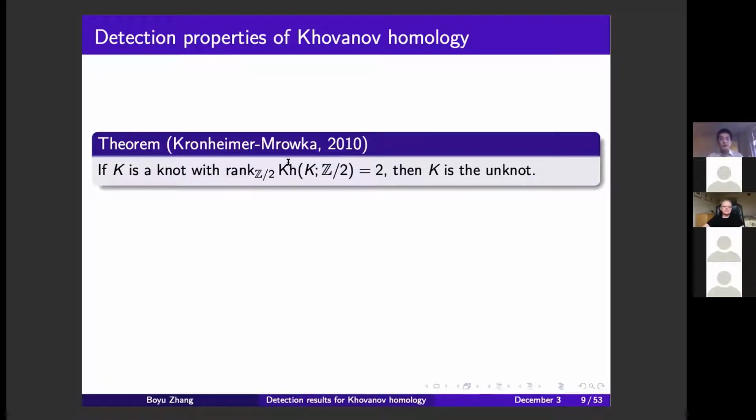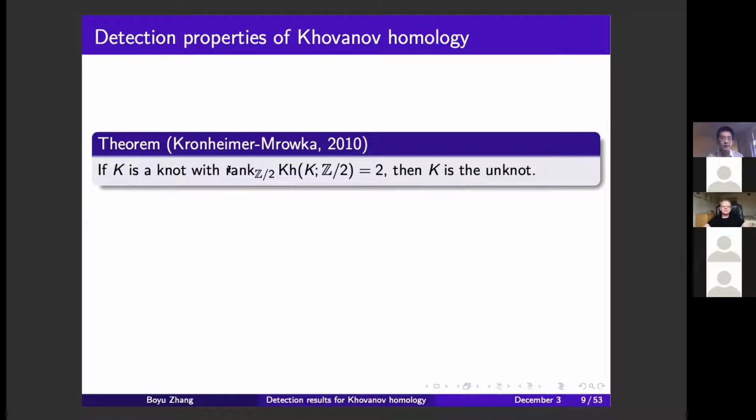Well, a breakthrough in this question was obtained by Kronheimer and Mrowka in 2010, where they proved that the Khovanov homology indeed distinguishes the unknot from the other knots. You recall that previously we have said it's not known whether the Jones polynomial distinguishes the unknot. But now we know that if we consider the categorification of the Jones polynomial, then we do have a theorem that tells us that the Khovanov homology